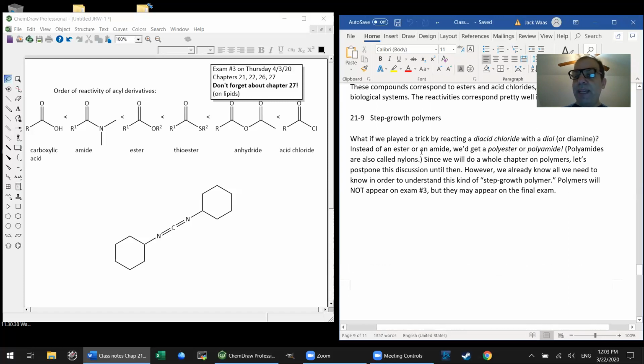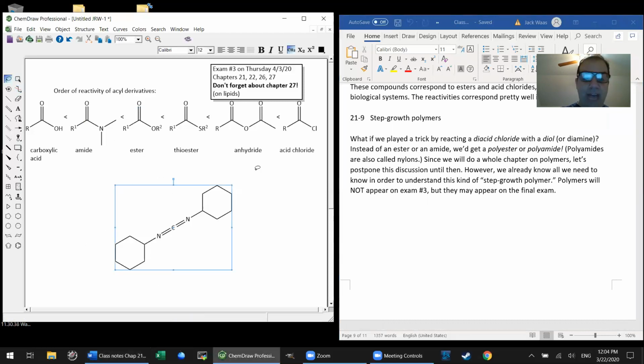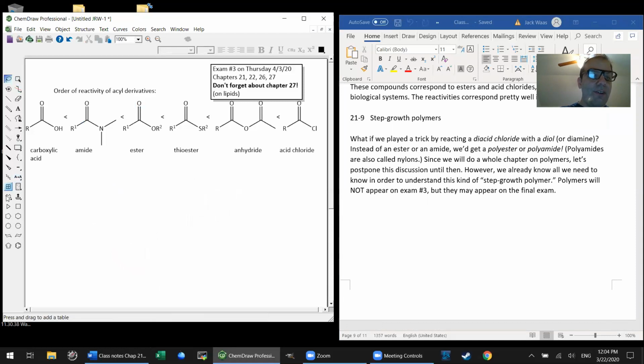But the idea behind them, we can already understand. We already know that you can take an acid chloride and treat it with an alcohol, that is, alcoholize the acid chloride and get an ester. Well, what if you played a trick on the system by taking some molecule that's a diacid chloride, which thousands exist? You know, you could have something like,